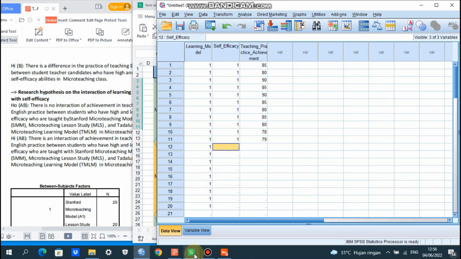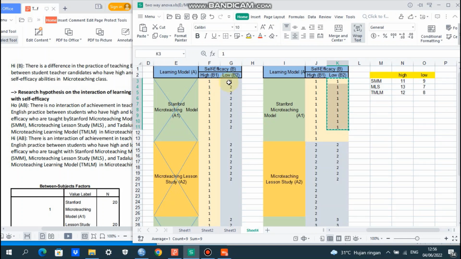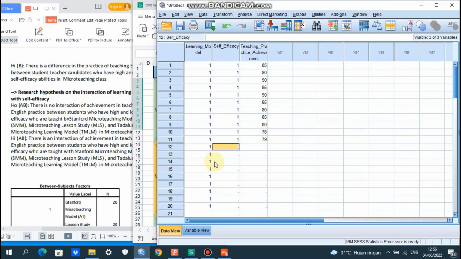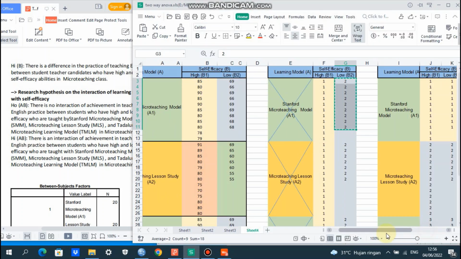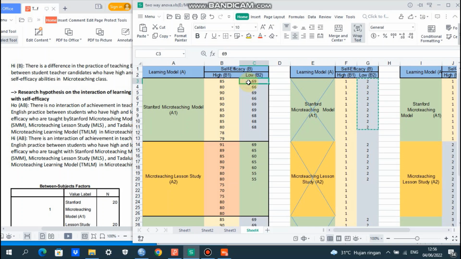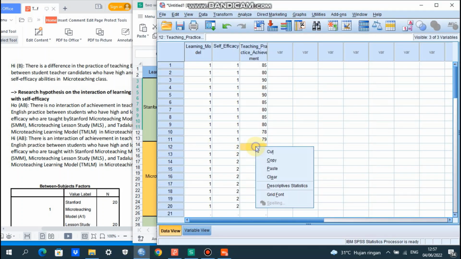Here is the code for low self-efficacy; we copy it and paste it here. After that, it is followed by the scores of low self-efficacy for the 9 students joining the Stanford micro teaching model.